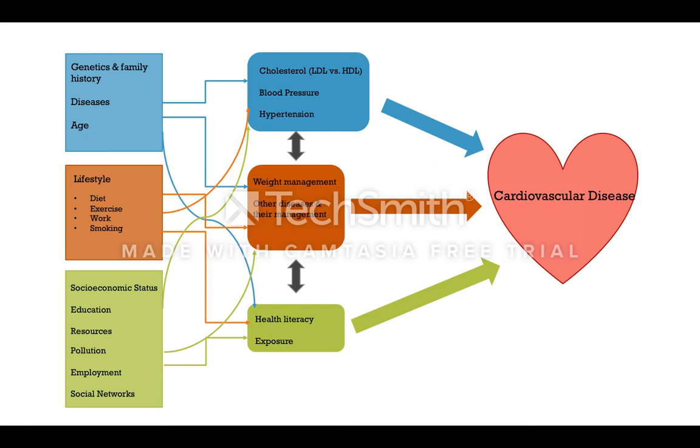You're going to be more educated in your health and what you can do to prevent certain diseases. You're going to be able to check on your health more often because you have the resources available to do so. Having good employment will help you get those resources in order for you to better manage these issues,